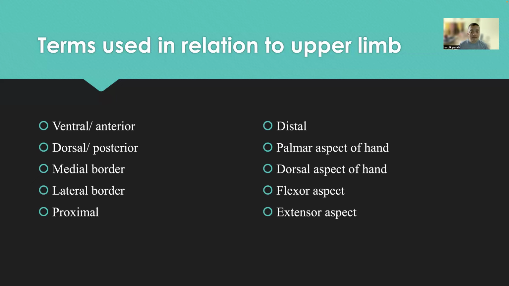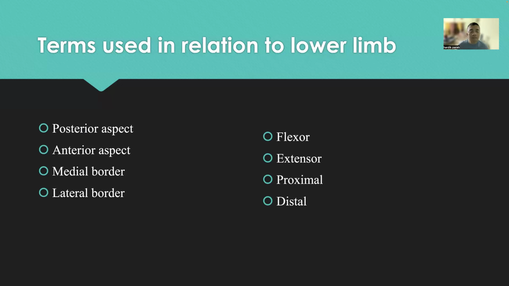Then you have flexor aspect and extensor aspect. So all those muscles which are flexor, which are helping you for the flexion, mainly the front side of your upper limb is the flexor aspect, जहाँ पे सारे flexor muscles होते हैं, और पीछे की साइड पे सारे आपके एक्सटेंसर मसल्स। जो कंपार्टमेंट एक्सटेंसर ग्रुप होता है जहाँ पे वो आपके शोल्डर को या एल्बो को या फिर रिस्ट, फिंगर्स को एक्सटेंशन के लिए हेल्प करता है, वो सारे कंपार्टमेंट एक्सटेंसर कंपार्टमेंट के नाम पे जाने जाते हैं।